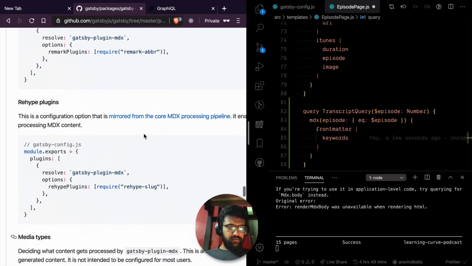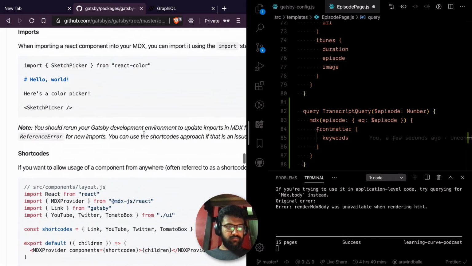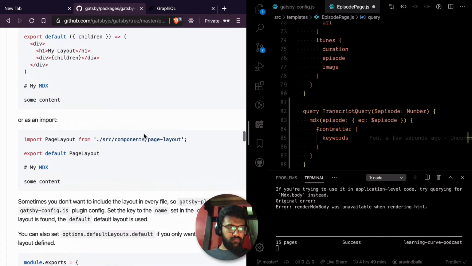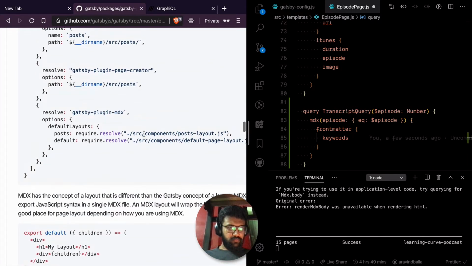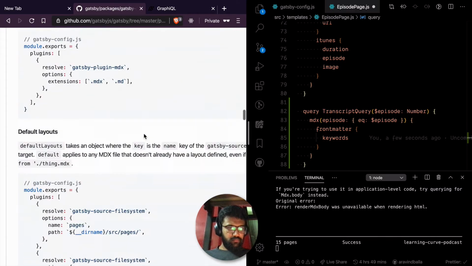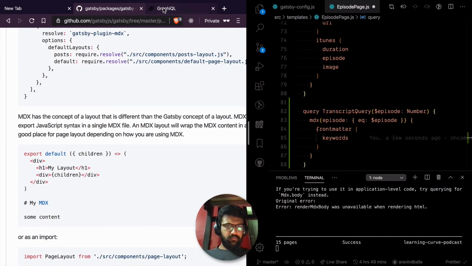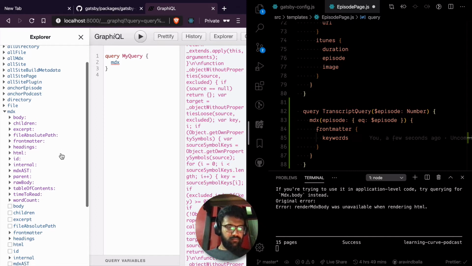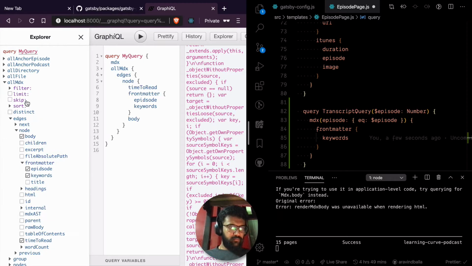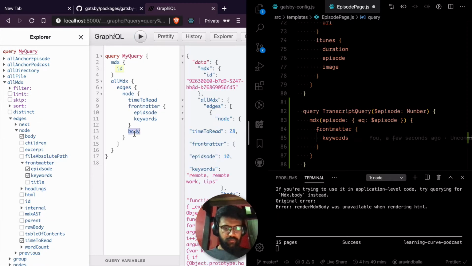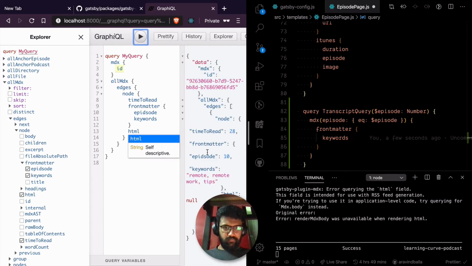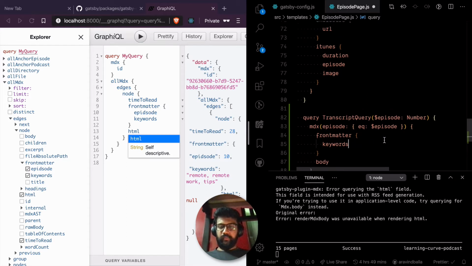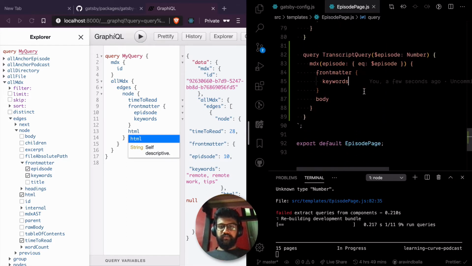What should we get? If we get the HTML, okay, so we should get body. Okay, the body as well.